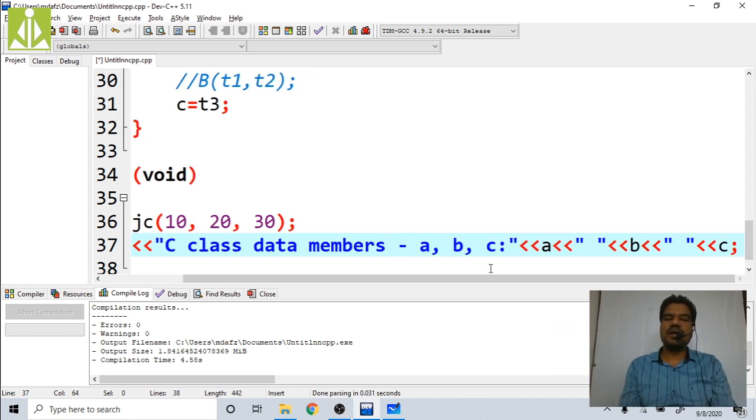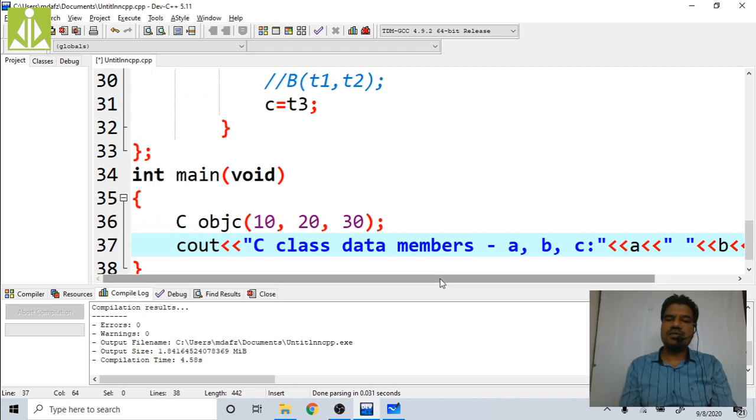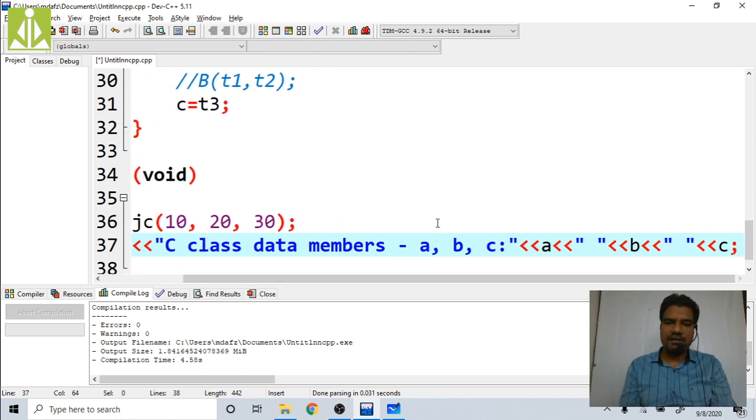In this way we can print, because after making the changes, I want to see whether they get affected accordingly or not. So A will be printed over here, B over here, C over here. So what I have to receive? 10, 20, 30. Like that I have to receive.